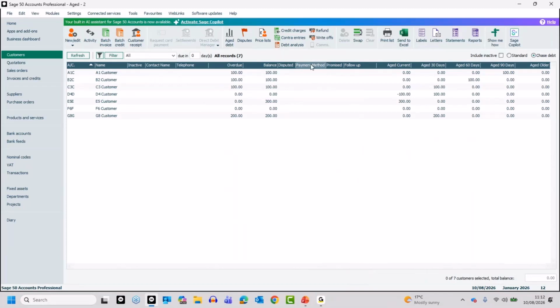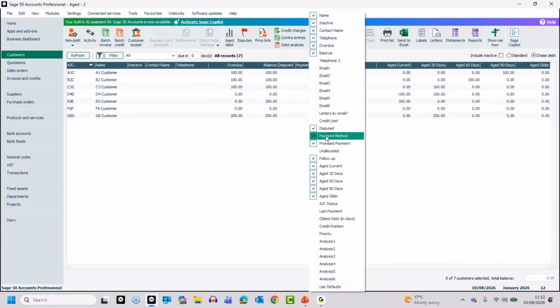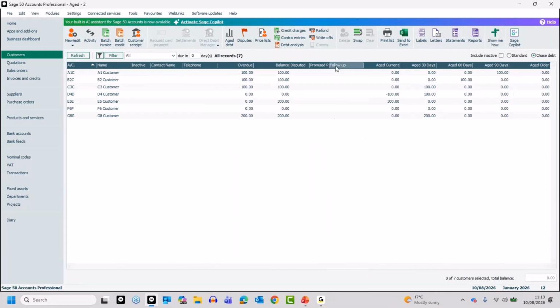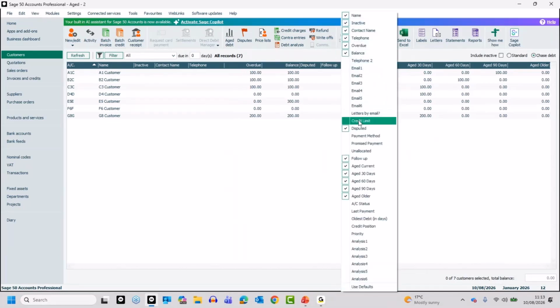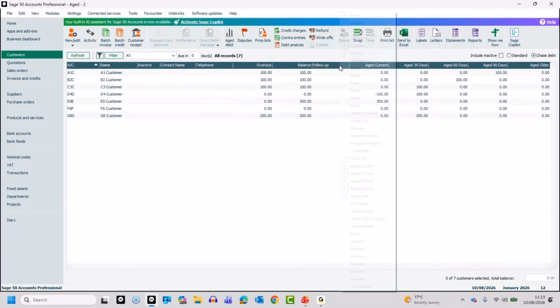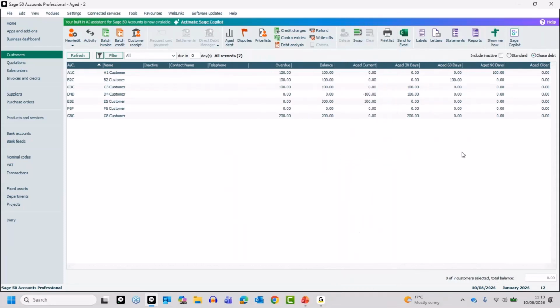Might be some columns you want to switch off, things like payment methods. Just right click and again from the list, choose what you want to show and what you don't. Get rid of a few more. Get rid of that follow-up as well. So what we've now got, we've got it similar to that age debt where we looked at earlier. You've got the relevant information in there now, and it means that just going into customers, you've got